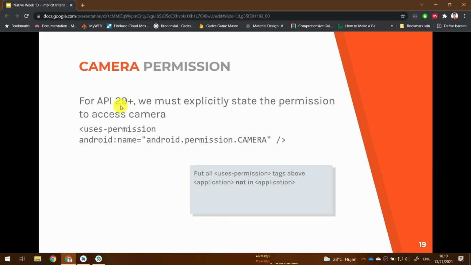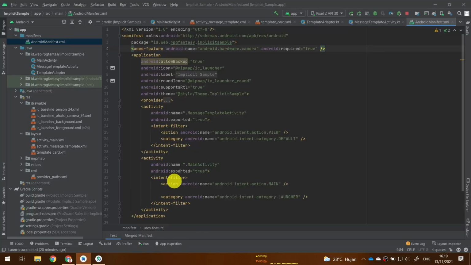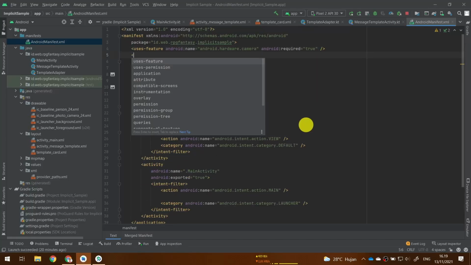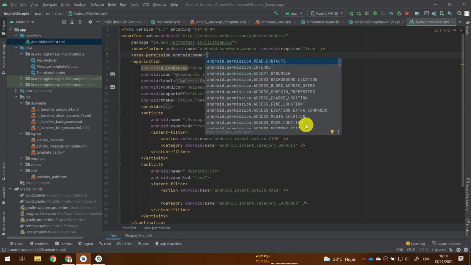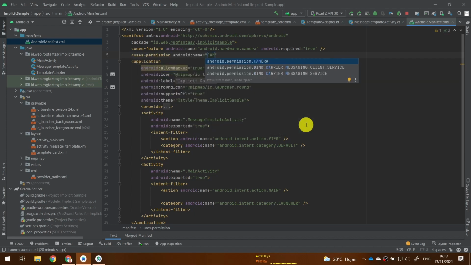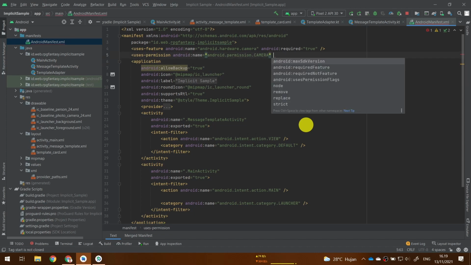Now, for API 29 and beyond, we must also explicitly state the permission to access the camera. So let's add the uses-permission tag. Now we want to access the camera, and that's all.